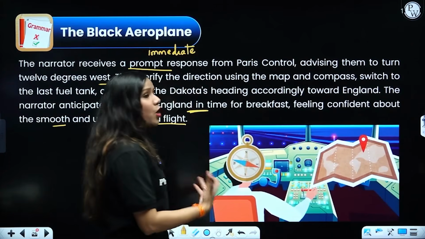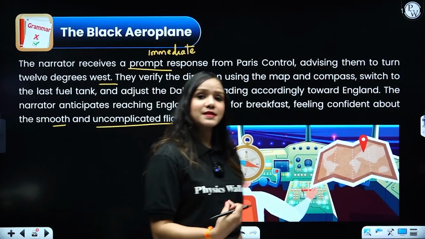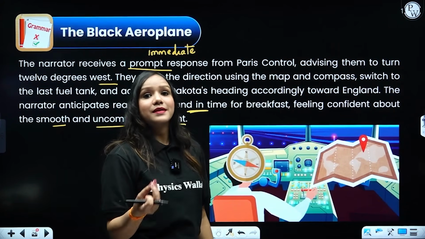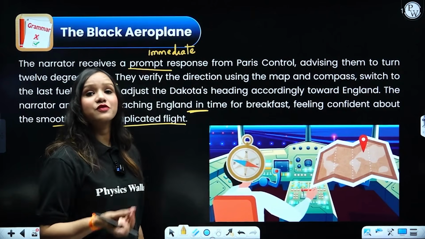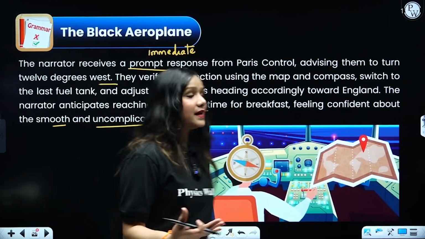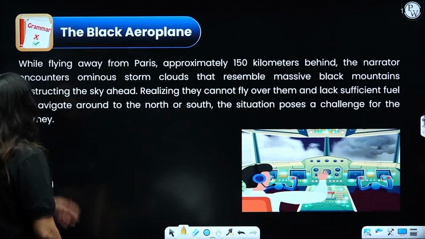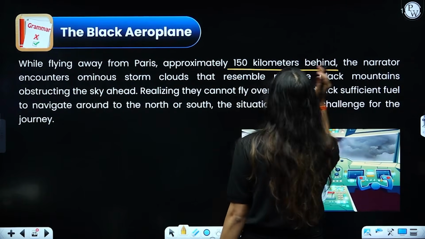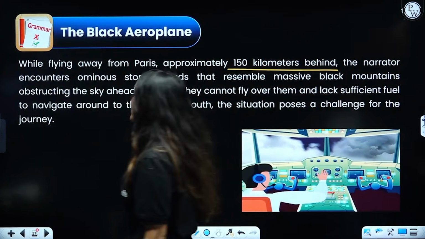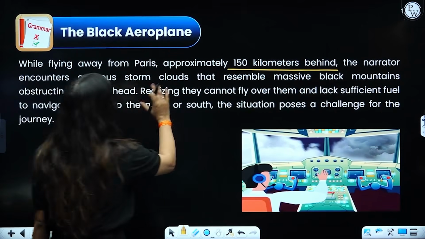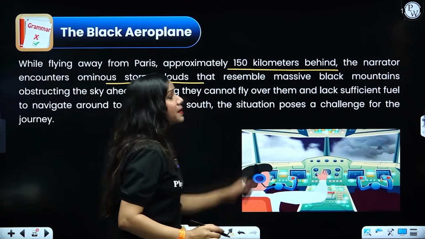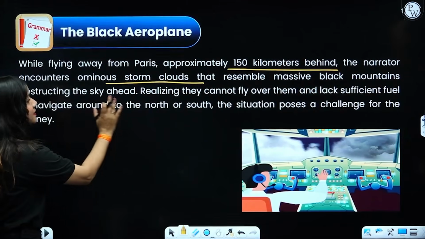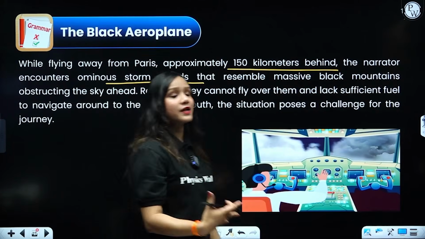When he took his plane into that stormy weather, those black clouds dampened his visibility, as a result of which he could not see anything, right? Everything was hazy. When Paris was left 150 kilometers behind, he encountered ominous storm clouds that resembled a massive black mountain, right? So what happened? Obstructing the sky ahead, realizing that they cannot fly over